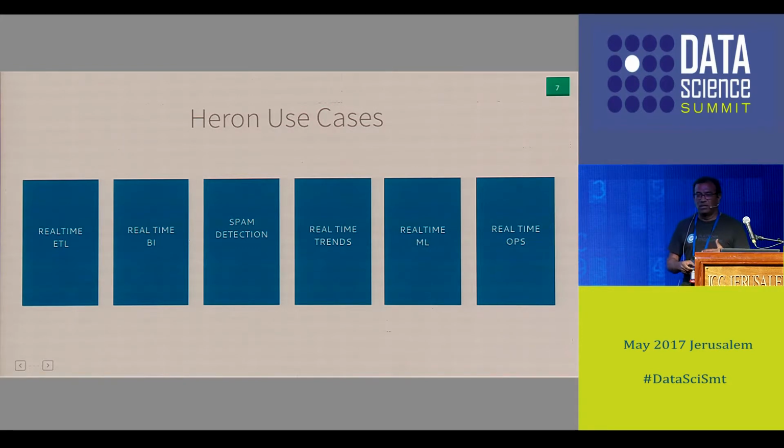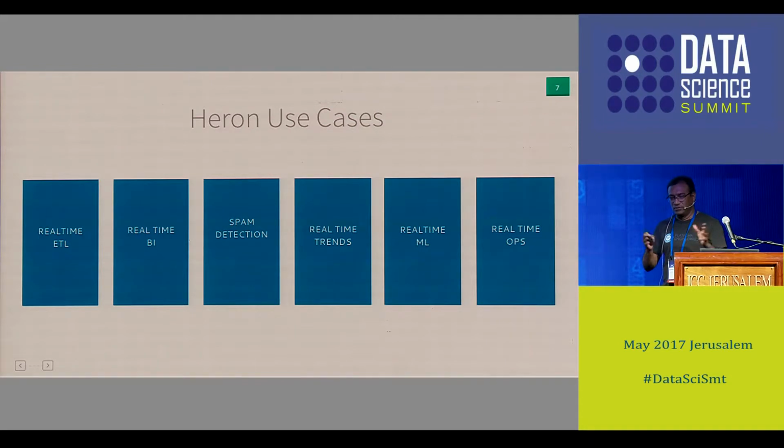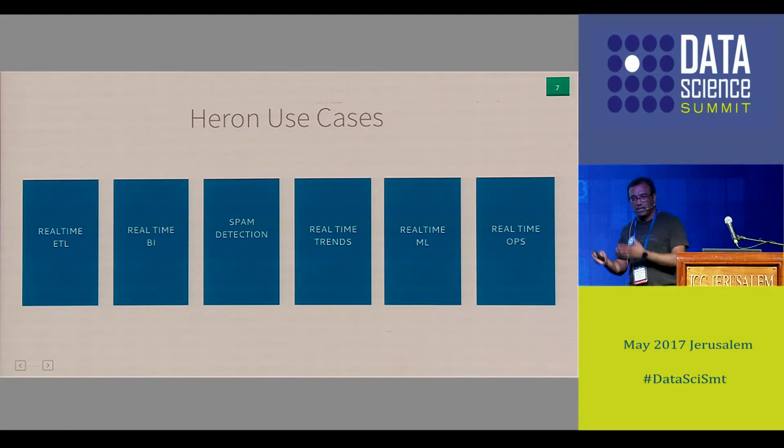And real-time trending. How many of you have used Twitter? Do you know how there is a notion of trends in the Twitter app that is computed based on the tweets flowing through the system? It tries to bubble up the trends, so that you know whether any real-time event has hit or not. For example, if Trump made a statement that is making waves in the whole news circuit, you will see that trending because a lot of people on Twitter are discussing it. Those real-time trends are computed in Heron itself.